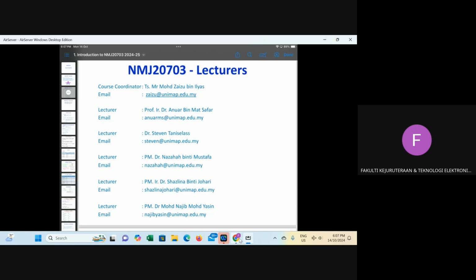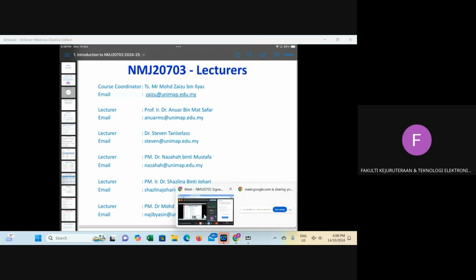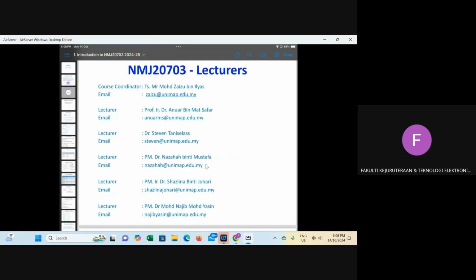Dr. Anwar, who is from the computer program as well. Then Dr. Steven from the microelectronic program, Ir. Dr. Shazlina from electronic programs, and PM Dr. Najib and I from biomedical electronic. So altogether 6 lecturers.